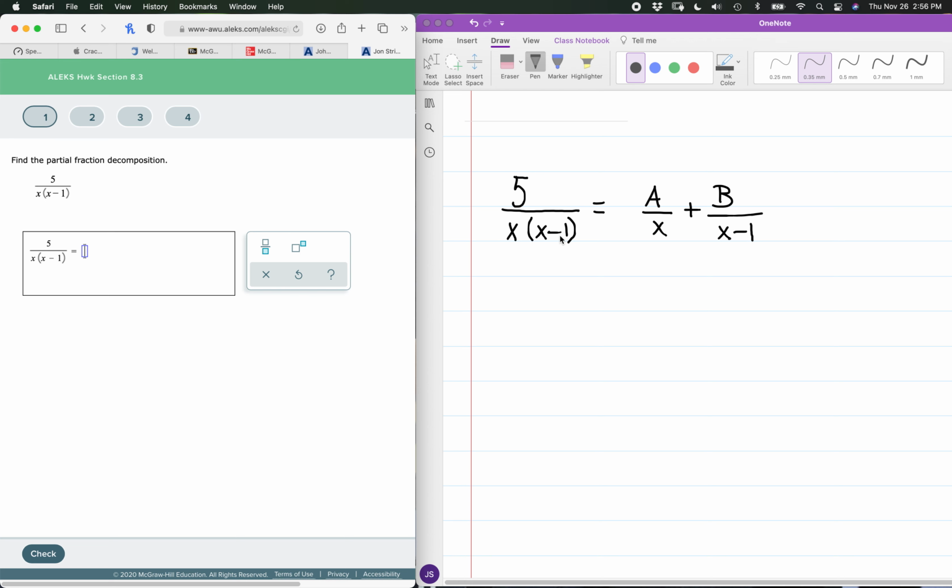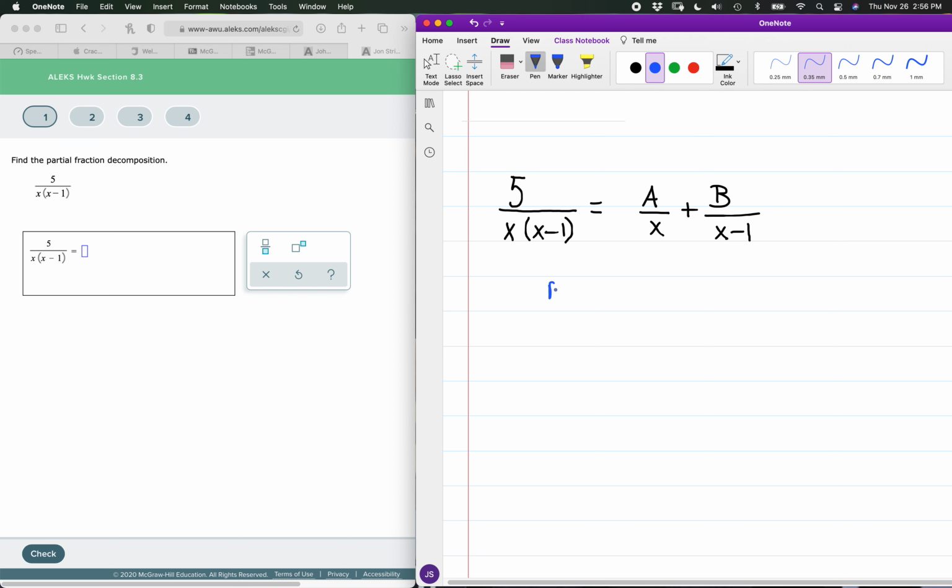So for the partial fraction decomposition setup, we have A over x plus B over x minus 1, and we're looking at solving for A. If I multiply the equation by both x and x minus 1, and of course x times the quantity of x minus 1 is going to be the least common denominator,